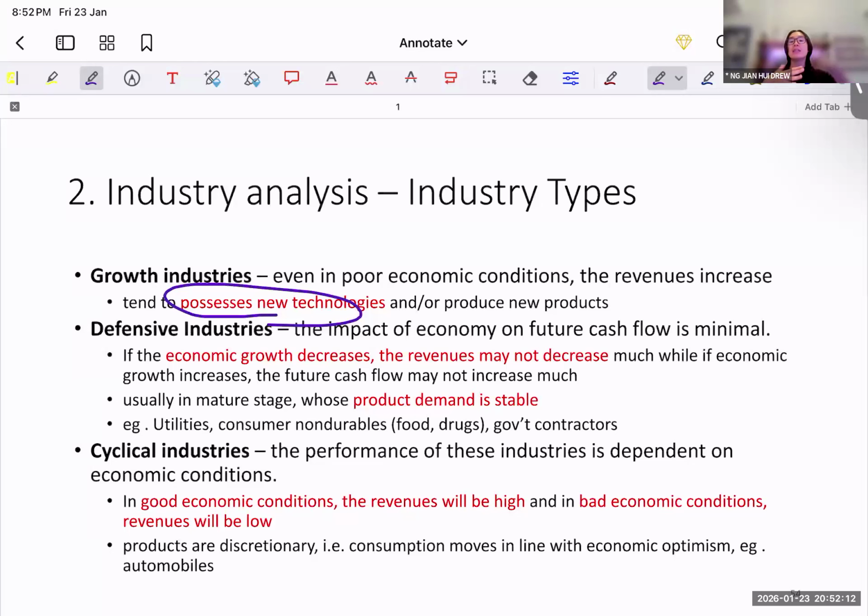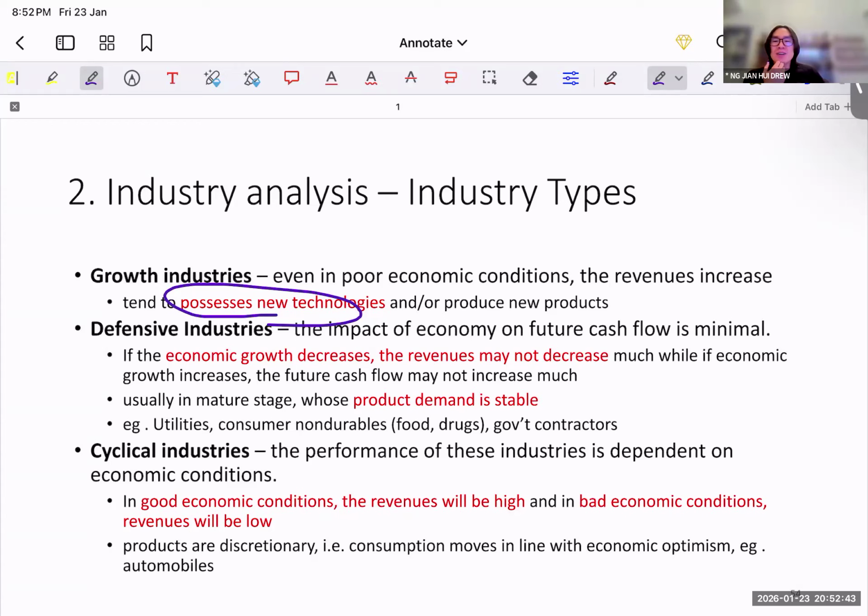So it really depends, right? What sector are you in? Which economy are you in? But in the case of the US, whenever there's new clinical research that shows that these weight loss drugs are extremely effective, you will see stock prices shoot up in the next couple of days, right? So then it becomes very cyclical, or it could even be a growth industry in that sense.